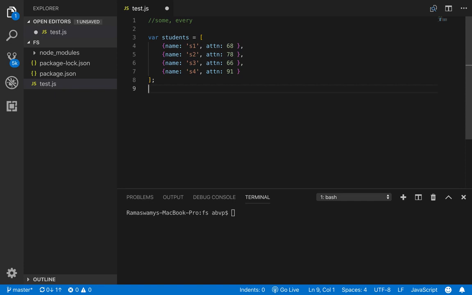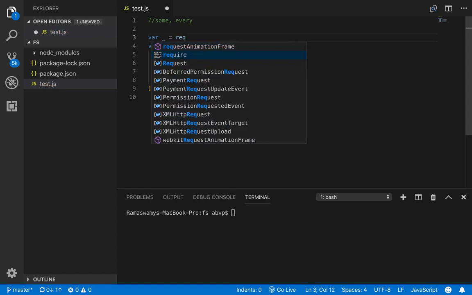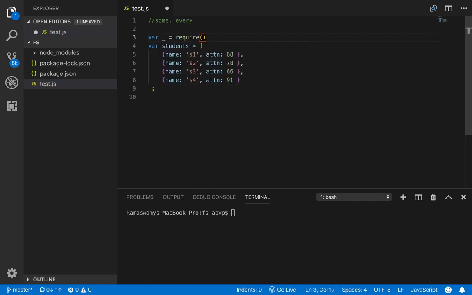So let us pass this particular array to some and every with a condition. To make use of some, first of all we need to include the library. So let us have variable underscore equal to require, and let us make use of Lodash.